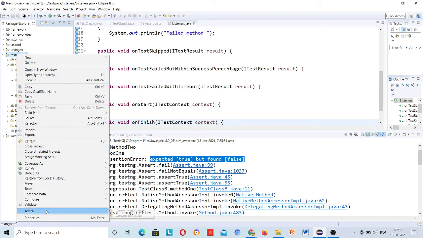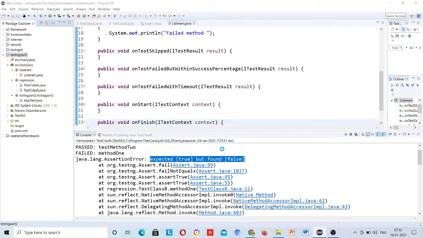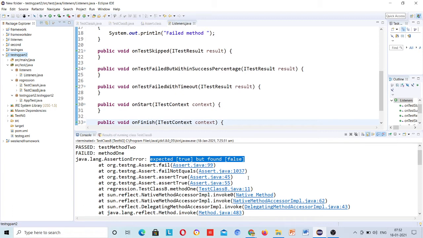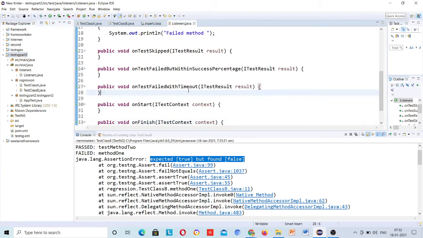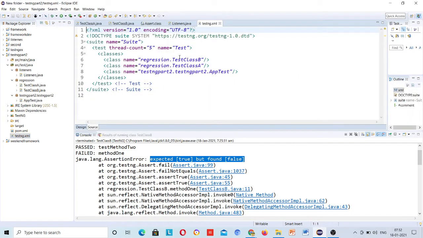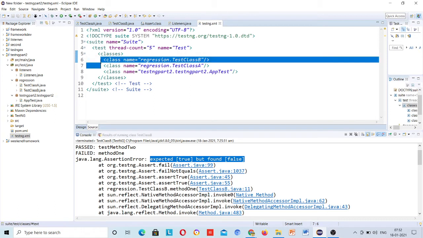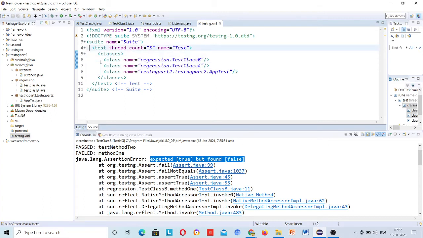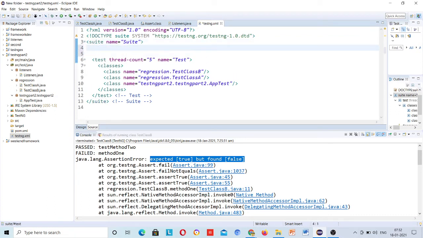Just go to TestNG, Convert to TestNG, because only TestNG will understand the listeners. Just go to testng.xml, and here in the testng.xml file you have to add listeners, then only it will work.